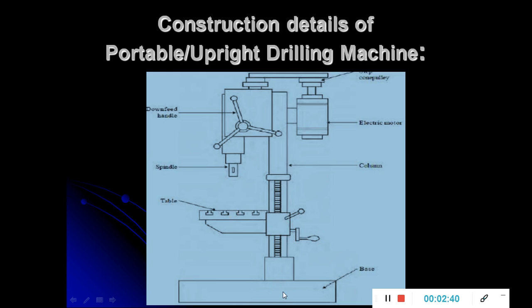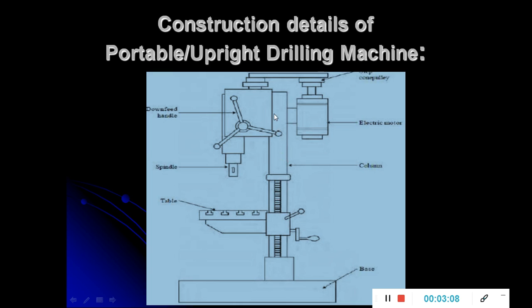This is the base. As with all machines, the base is the necessary bed for the machine. The base of a drilling machine should be rigid and strong in construction so that it can hold the total weight of the machine. On one end of the base, the column is mounted.